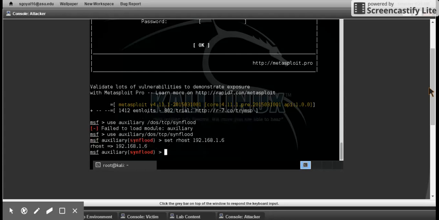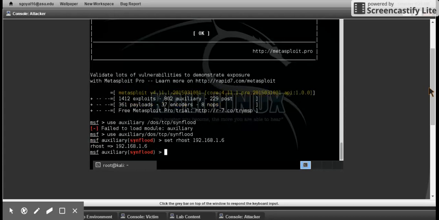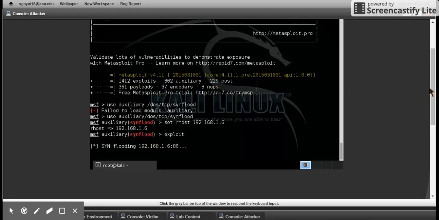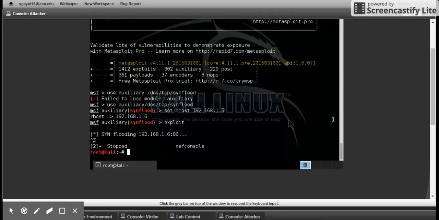192.168.1.6, and then I'm going to exploit. So it's starting to do a sync flood on the victim on port 80. Now this should be enough. Now if I go on my victim VM,